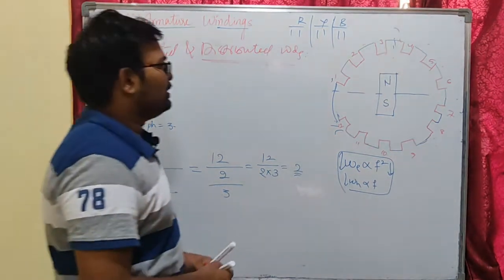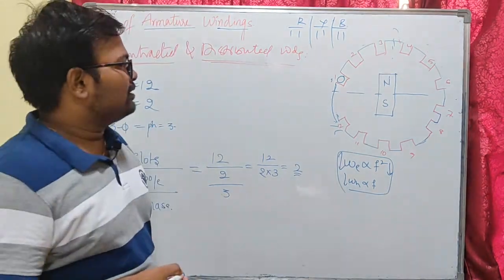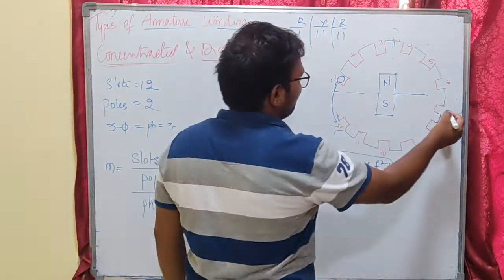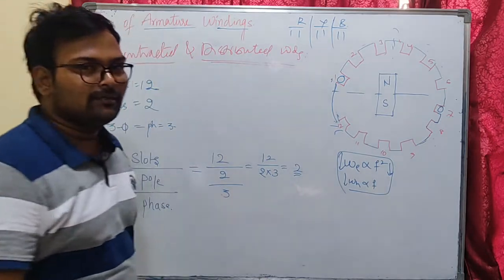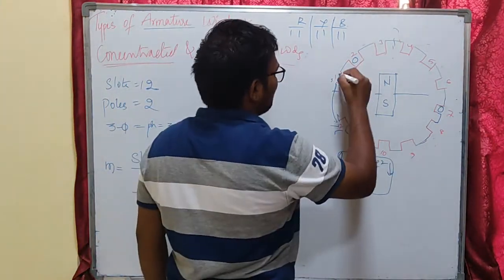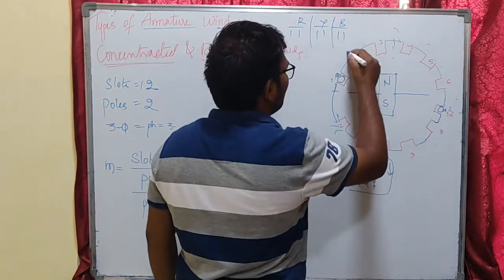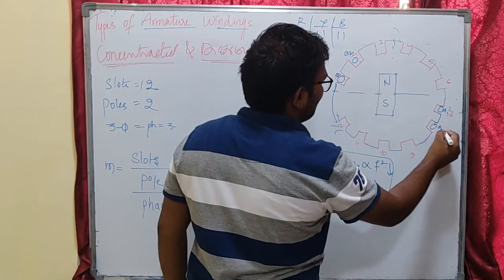Okay, that means here you can see if my R phase winding is placed here, I am going to keep it after one pole pitch, for a full pitch winding, in the 7th slot, and the second winding of the R phase will be placed in the 2nd slot. This is my A1 and A1 dash, this will be A2, this is A2 dash.